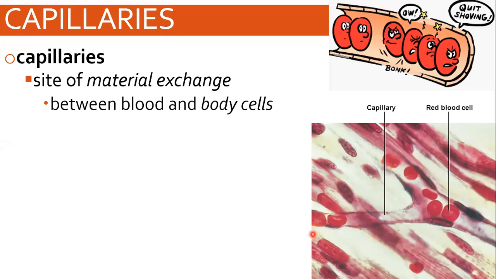Okay, I see oxygen there, absolutely. So our body cells gain oxygen and our body cells gain nutrients. And one of the nutrients they gain is glucose, right? Because our body cells need glucose and they need oxygen in order to make energy. All right, so then the next site that we need to know of material exchange